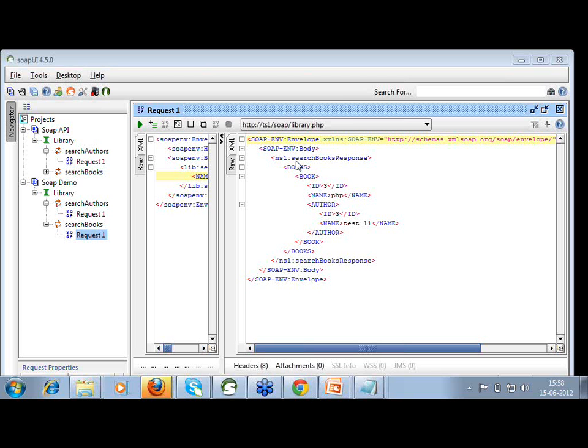That's the beauty of web services. You can communicate between two applications that run on different platforms, different operating systems, and different languages.